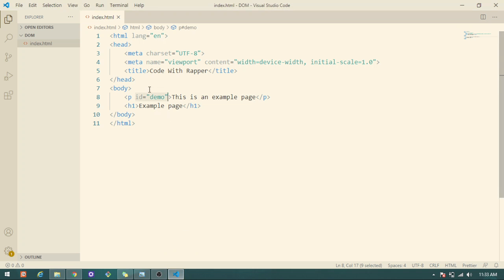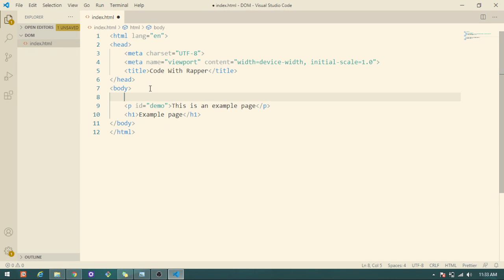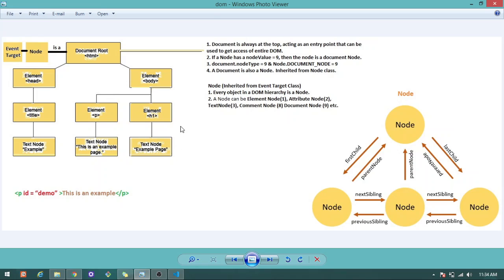Let's see. If you write a comment here, this is the syntax to write a comment. When you write a comment, the browser won't execute that comment. It is just for the programmer's usability, meaning I will write a message that I don't want my browser to execute. So you write anything in this comment. This comment is also captured inside a node, and that is the comment node.